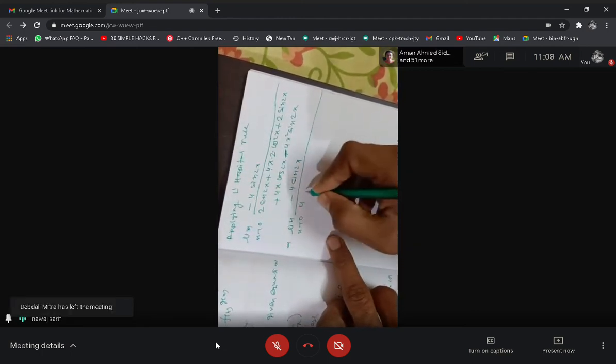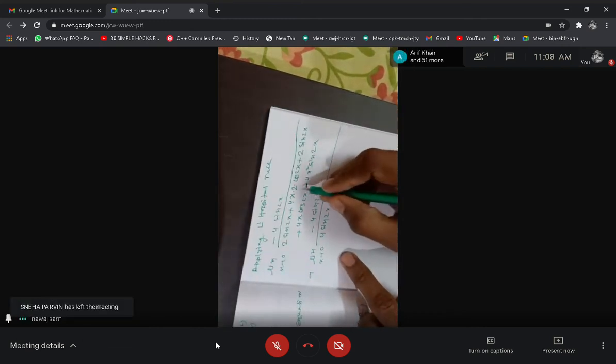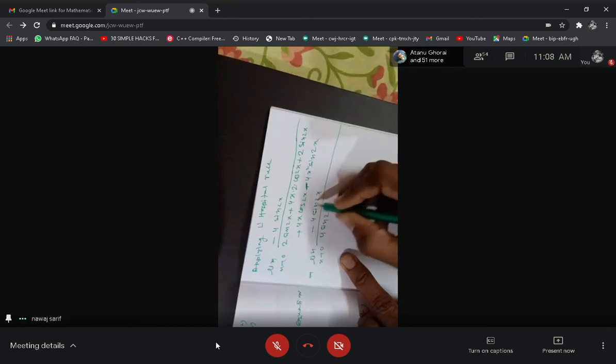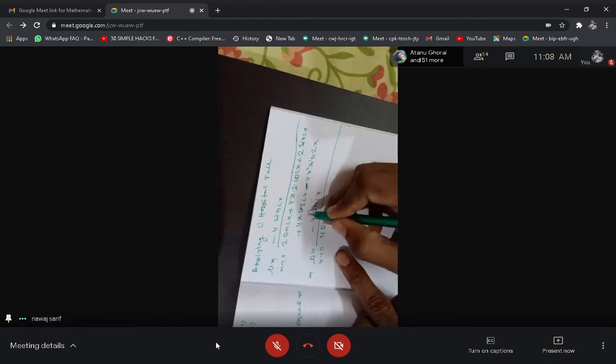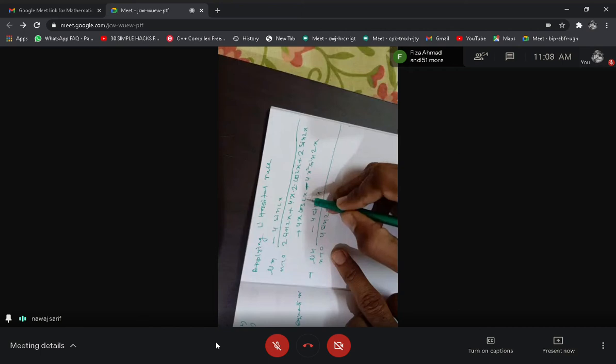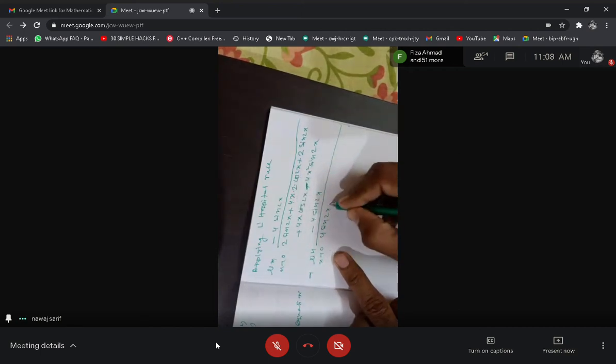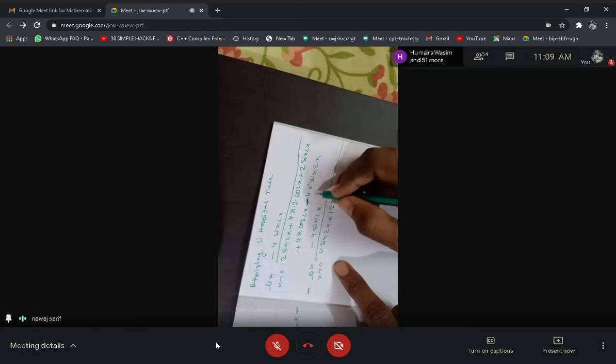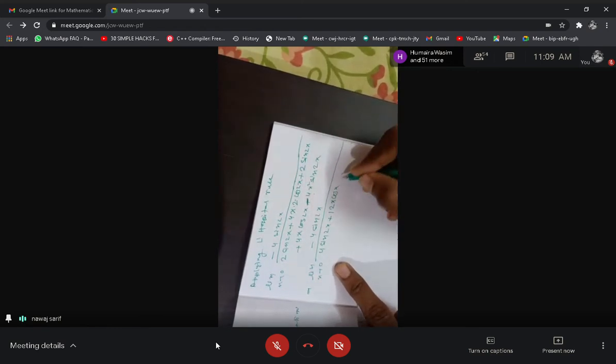Now it will come in the denominator also: plus 4 sin 2x, plus 4 sin 2x, then 12x cos 2x. See here 4x cos 2x, and here is also 8x cos 2x. So that means 12x cos 2x. Okay, and this is minus 4x square